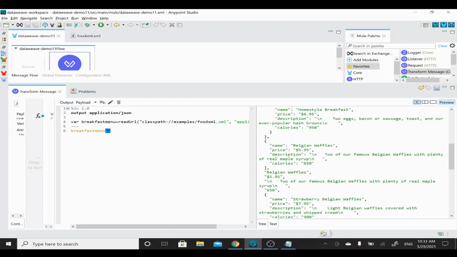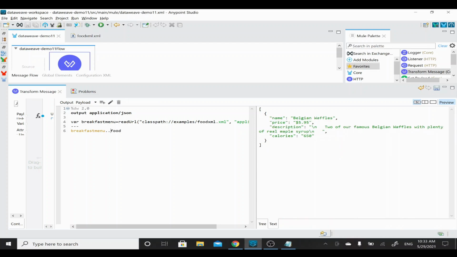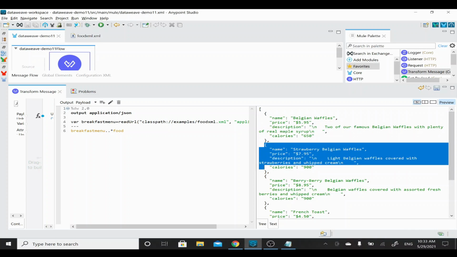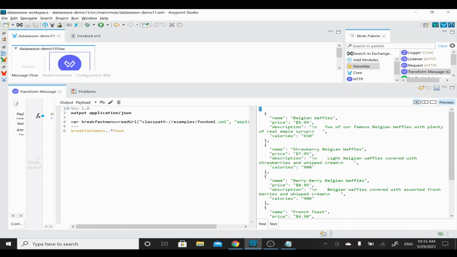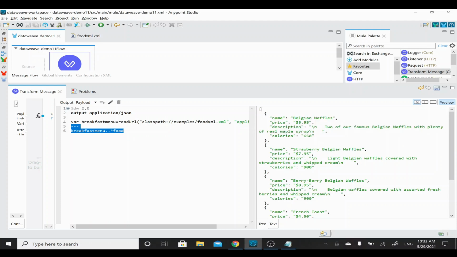So what I'll do, instead of taking it like this, I'll just go to food. So if you give one food, right, it will give only one food, and I'll just give this as asterisk food, so that it will take all the food. So if you see here, this is an array, and it is having multiple objects now. Okay, so now I can traverse this particular array. Okay, so now what I can do is, this is the food data, which is the breakfast menu, which we have in an array. And now this is my output now.